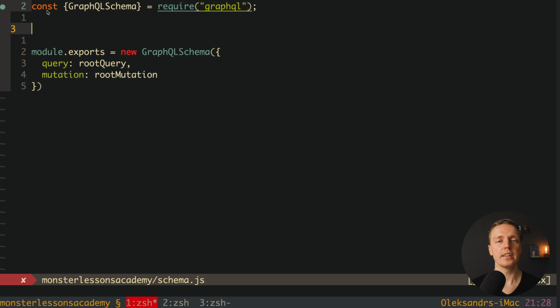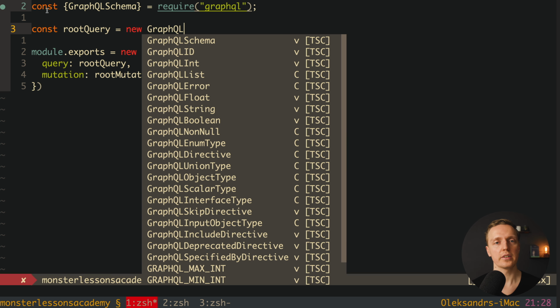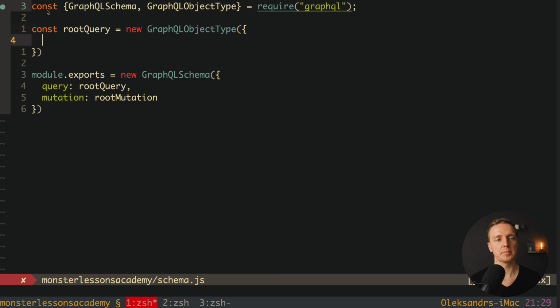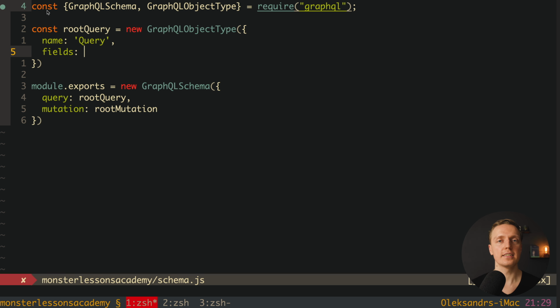Now let's create here a root query. So for this I simply create rootQuery as a variable and I call here new GraphQLObjectType. And this is a function where inside I must provide an object. And inside we're creating a name where we're providing Query. Also here we must have a property fields, and it is an object where we pack all our requests, which